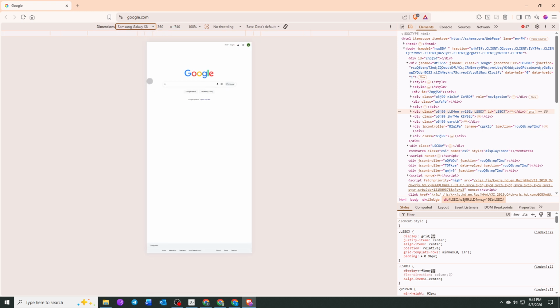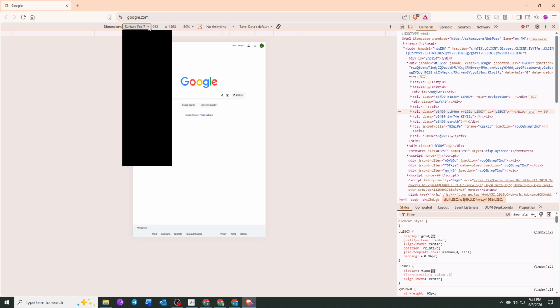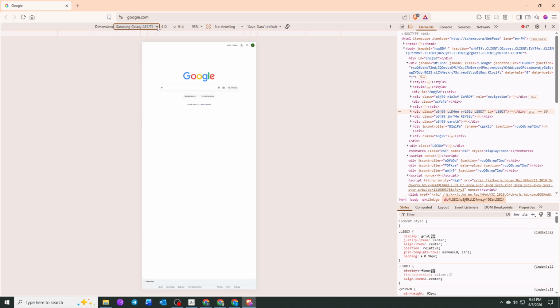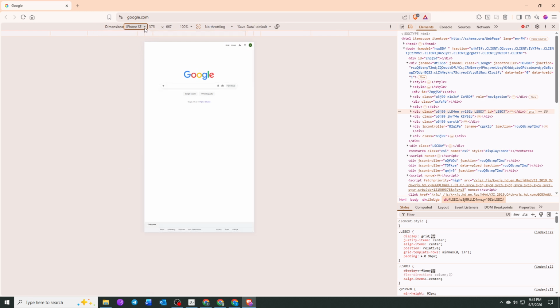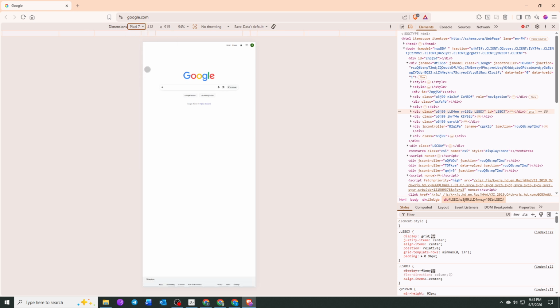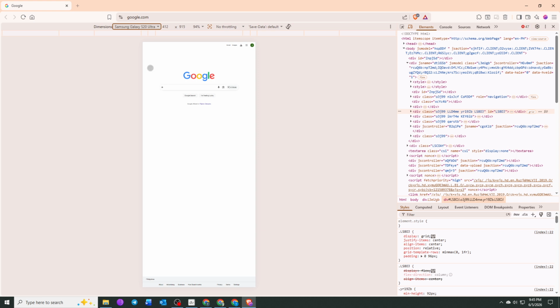Once you select a device, the web page will instantly adjust to match the screen dimensions and behavior of that device. This allows you to see exactly how the page responds on mobile screens, including layout changes, text scaling, and element positioning. It is a powerful way to ensure websites are mobile-friendly and visually consistent across different devices. And that is how you can view any web page in mobile mode using Brave browser's built-in tools without needing